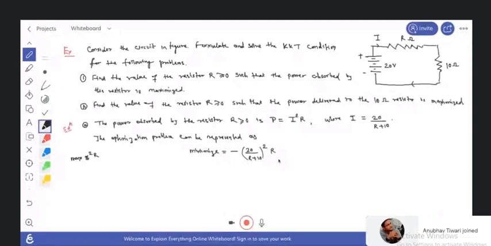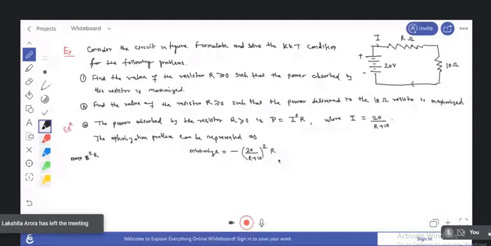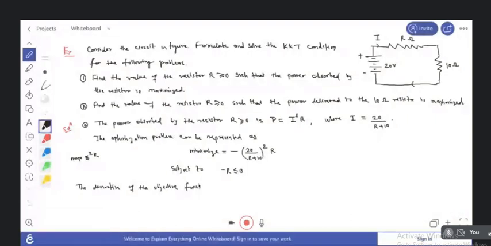Derivative of the objective function. The derivative of the objective function is given as